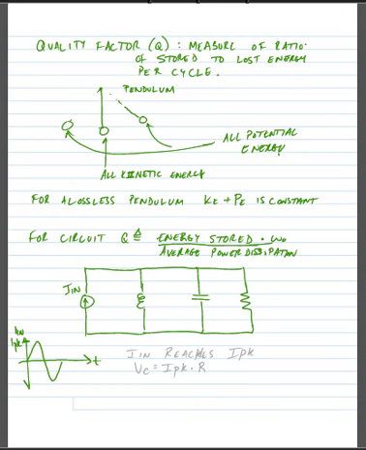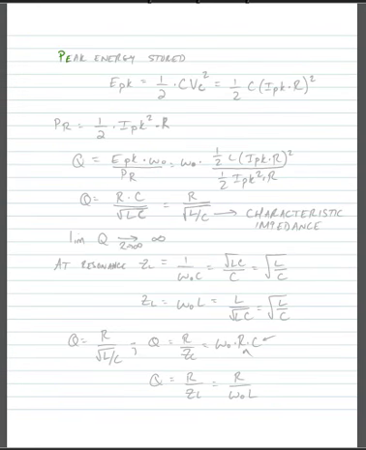So at resonance, I_N reaches I peak, and the voltage across the capacitor will be maximal. So we can say VC is equal to I peak times R. All the energy stored in the capacitor, the energy in the capacitor is maximum, and there's none in the inductor. So we can say that our peak energy stored, E peak, is equal to